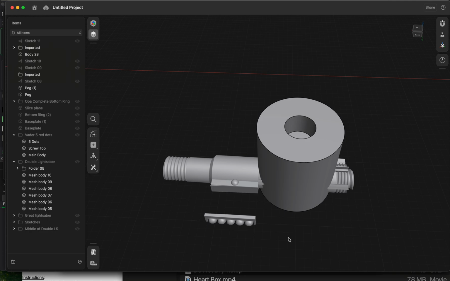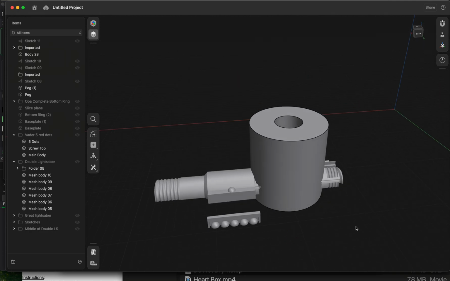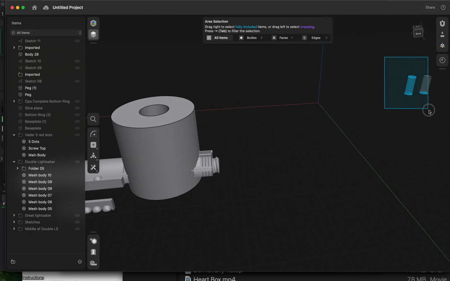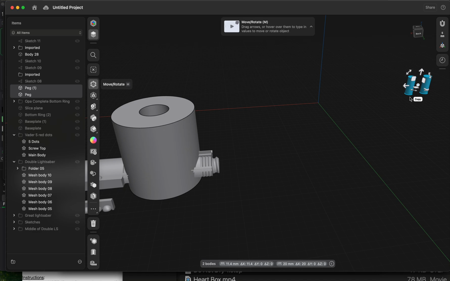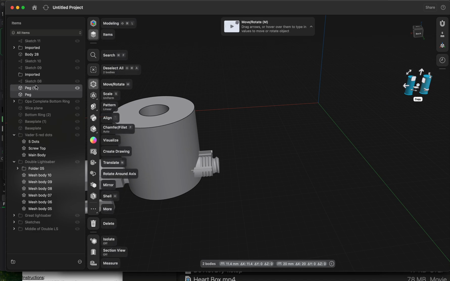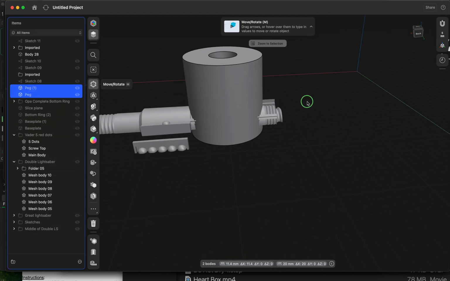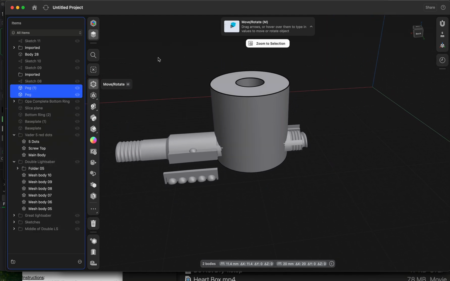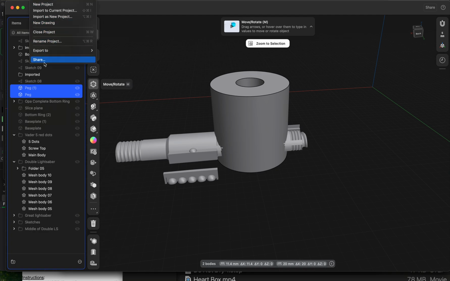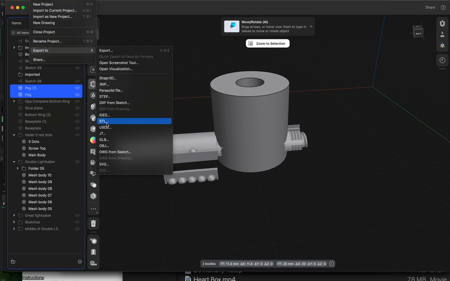And I can bring it into Bamboo Studio. And so let's see, I gotta hide these guys. One of the cool things, these are cylinders that I was using for something else. I called them peg, and then when I copied peg, it created peg 1. I can now hide them. If you watch over to the right, when I click the eyeball here, they hide. Isn't that cool? So then when I go do my export, file, export to STL,